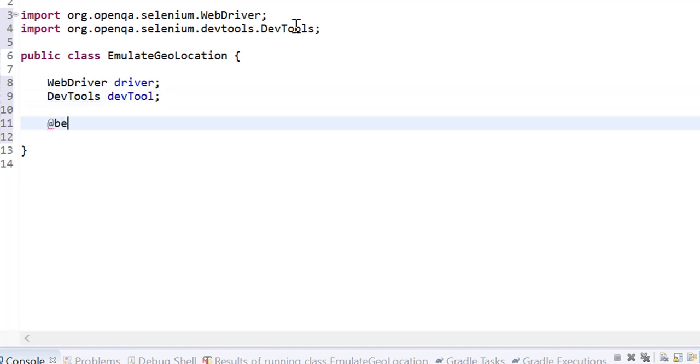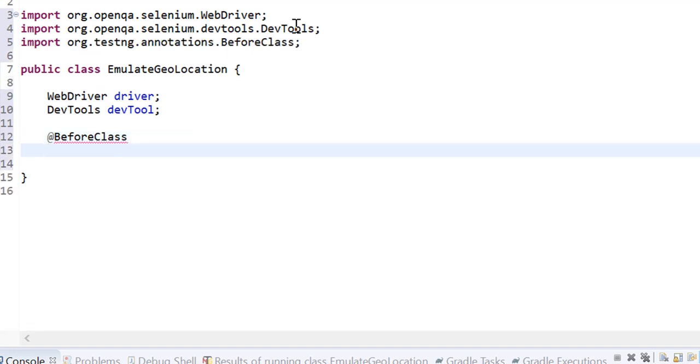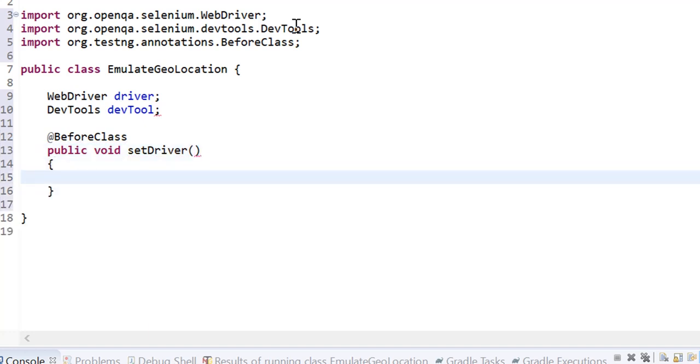Let me create a BeforeClass method, public void setDriver. Here I'll create the instance of the driver.